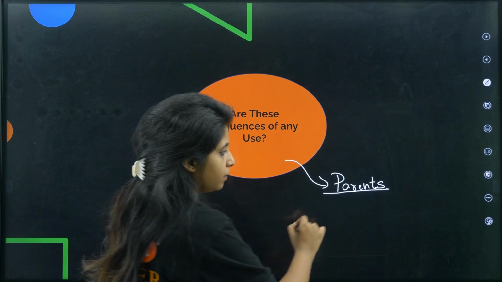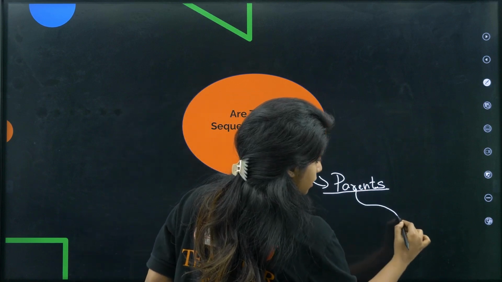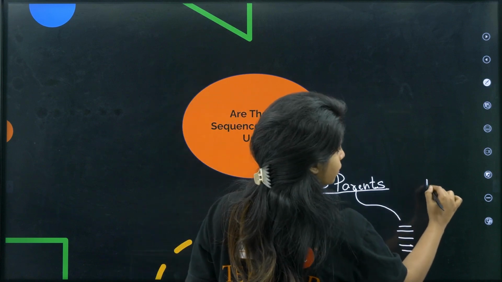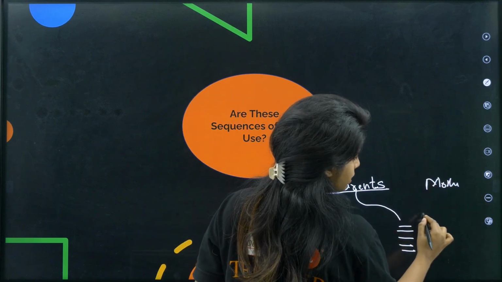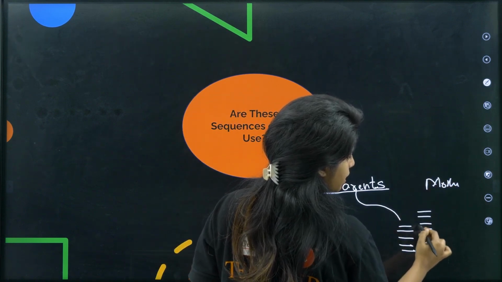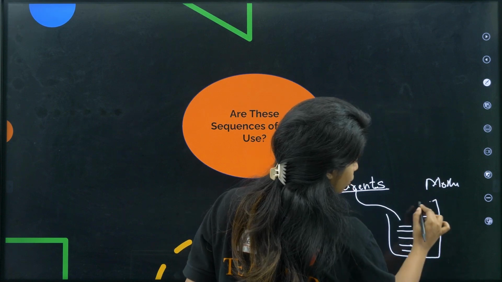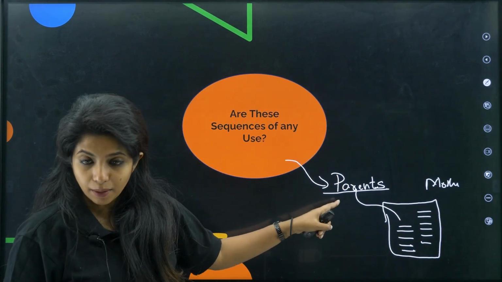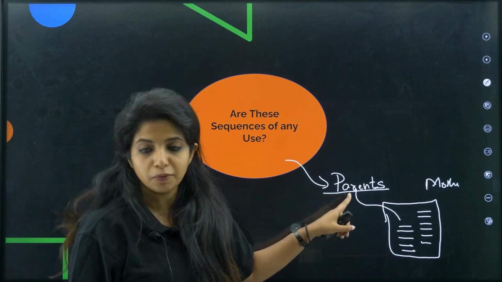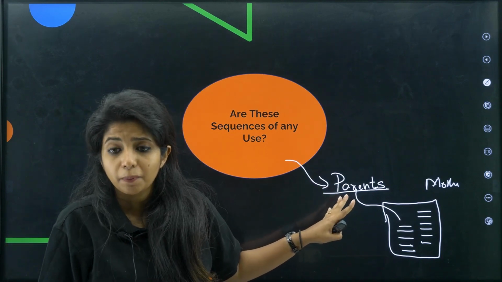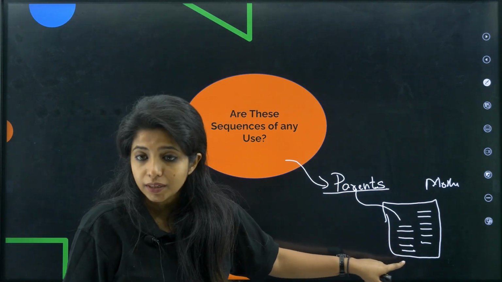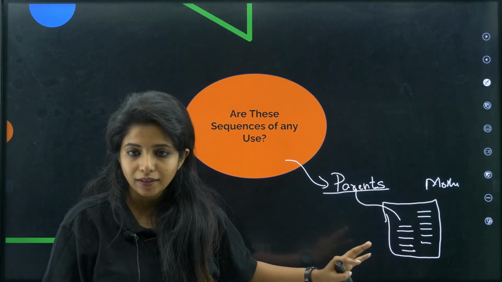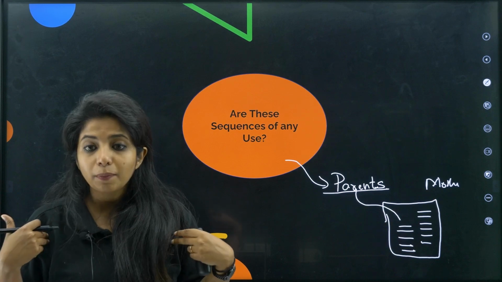Obviously, for example, your father is passing down 5 repeats and your mother is passing down 6 repeats. I will have a total of these many repeats in me. So am I unique compared to them? I'm not exactly looking like my parents. Why? Because my father is giving me 5 repeats, but my mother is giving me 6 repeats. Together it's 11 in me. So that makes me different from them.